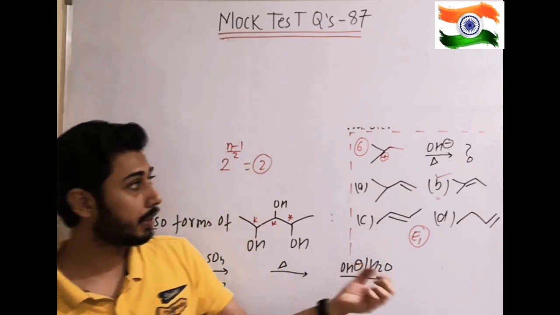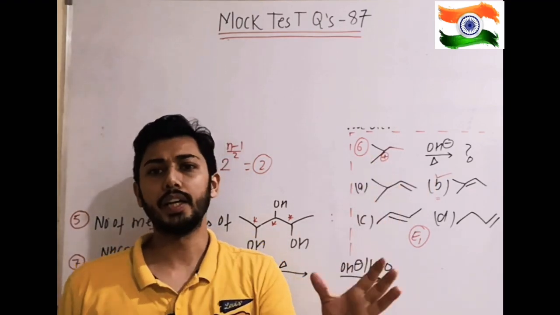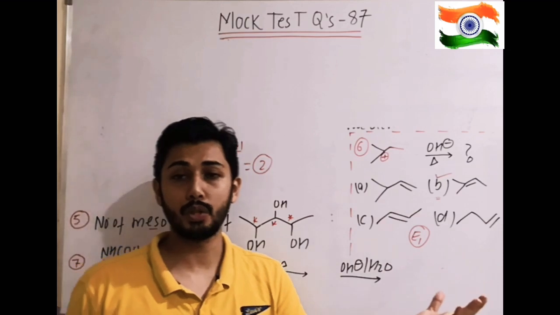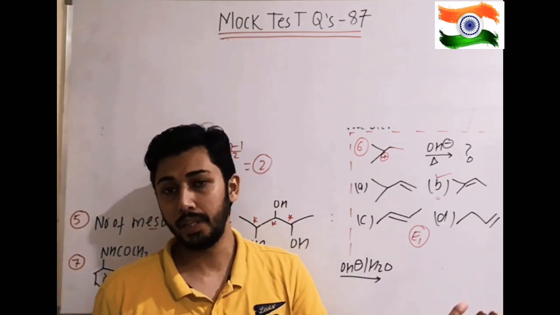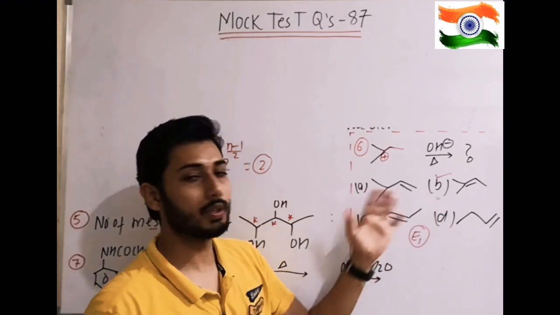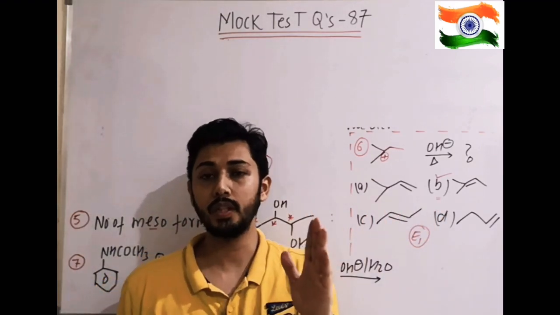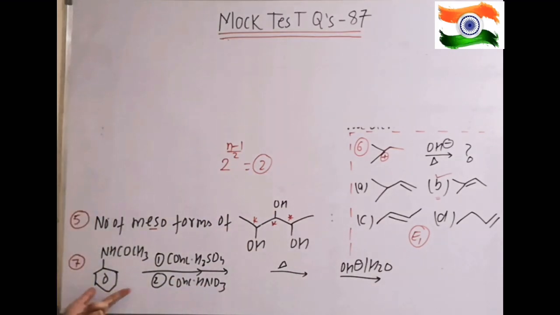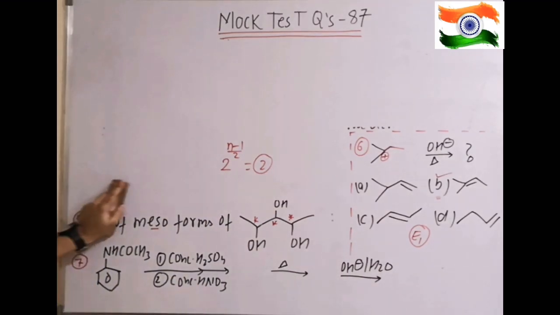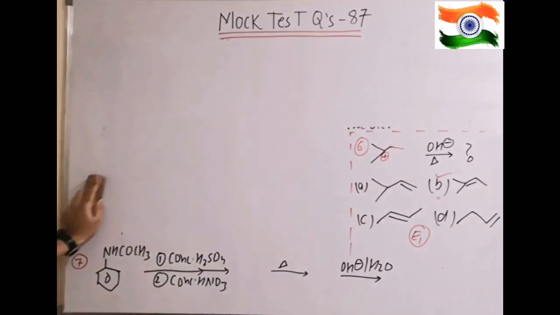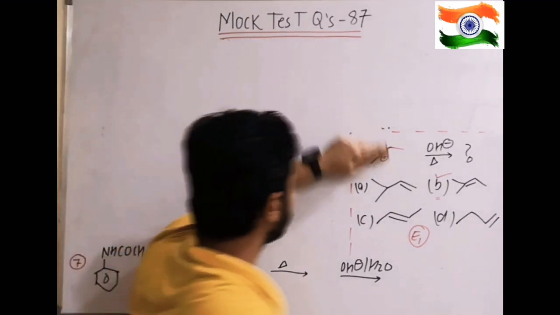Or in some books it is given that with alkoxide ion, CH3O minus, methoxide ion, it undergoes ether formation also. So those options we are not considering because here it is not mentioned. We are purely focusing on how the four options are given. Next question is the seventh, which is about the final product. You have to find it out. Try this question also by pausing this video. I am explaining it.